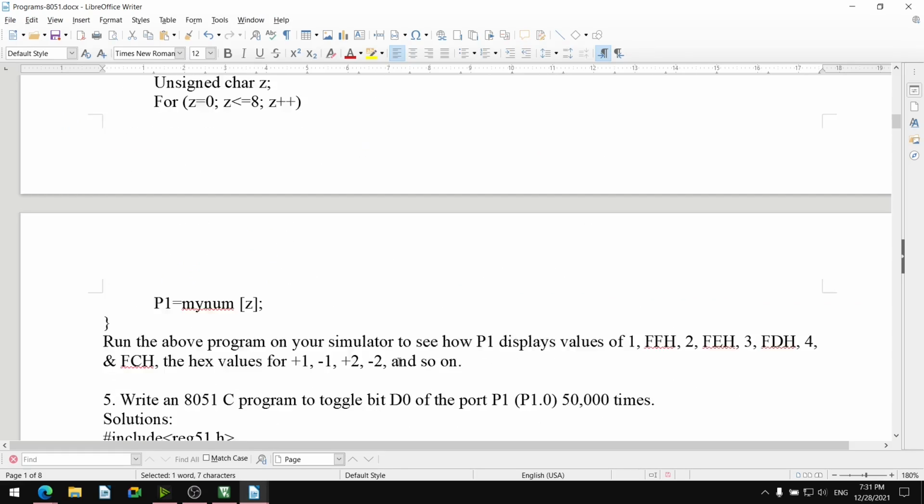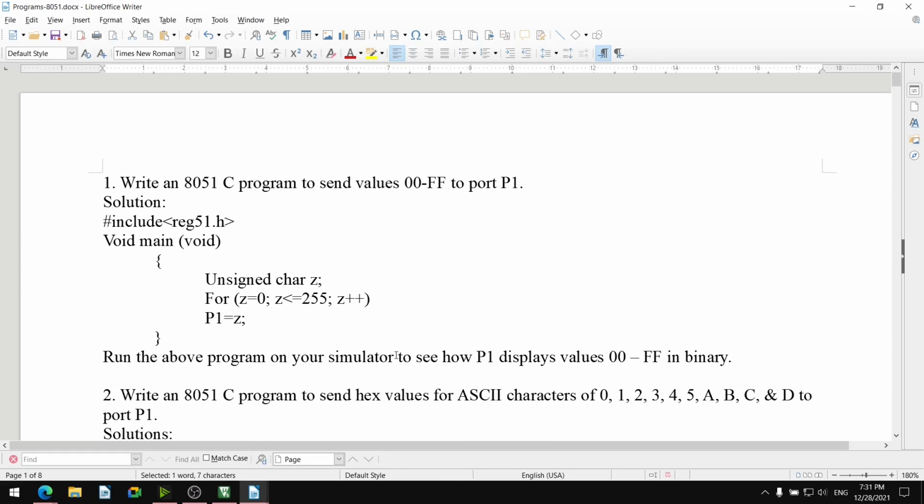So what we have seen is a C program. We have sent the values 00 to FF on port P1. For that we have run the for loop from 0 to 255, and each time we are sending P1 equals Z onto this port.